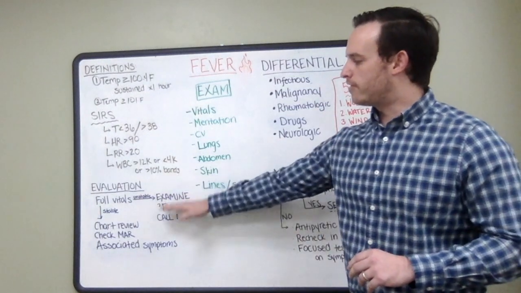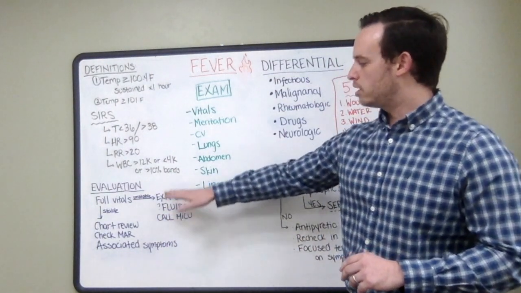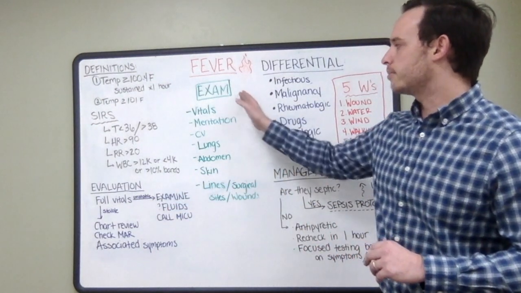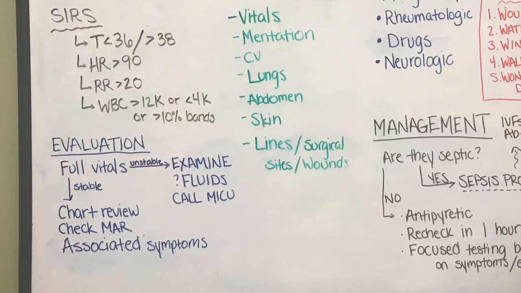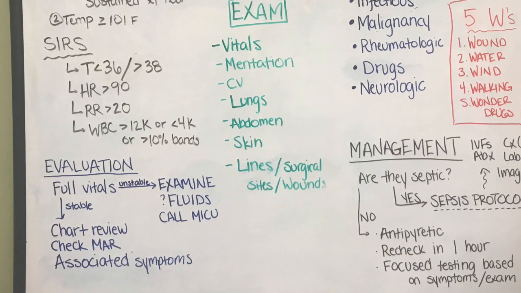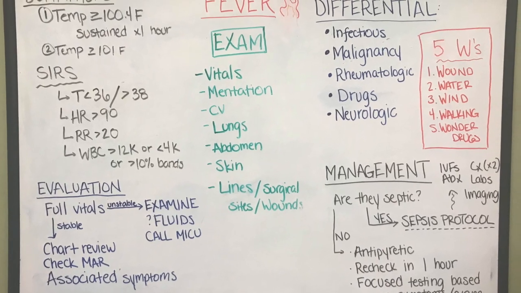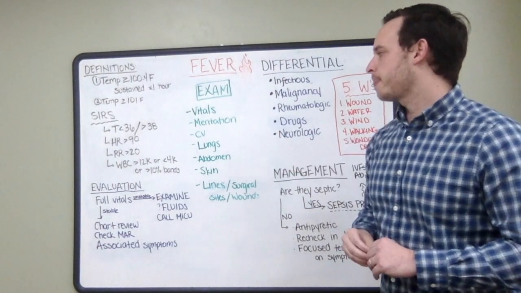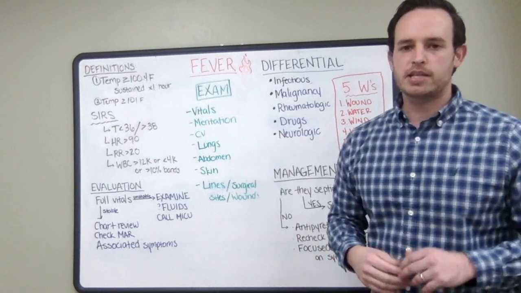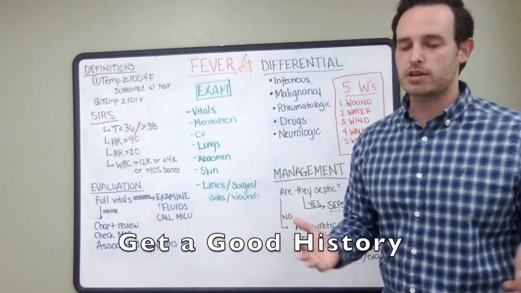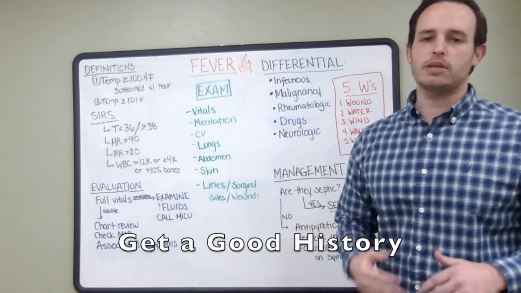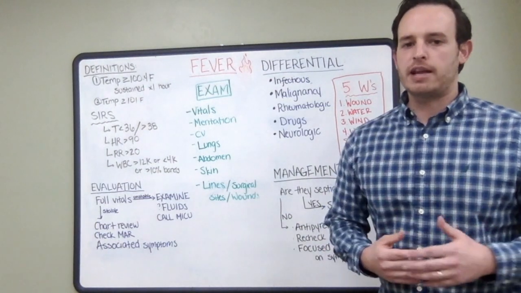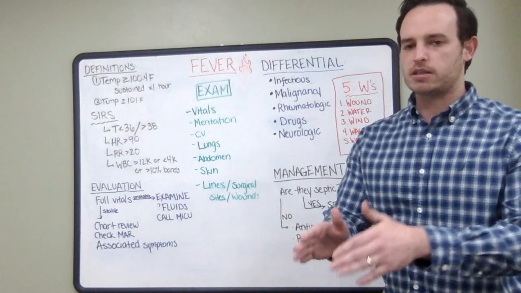So you've done that, you've evaluated, you've done the chart review. If they were unstable, you went to go see them immediately. And now you're going to do the exam. It's important to have a good systematic exam that you should really do for almost all your patients. Getting recent vitals early on is extremely important. But then talking to the patient, a lot of times they can give you hints, or they'll just tell you straight up, like, hey, I've got this rash, it's really painful, my abdomen's hurting. They will give you different areas to allow you to get focal points on the exam